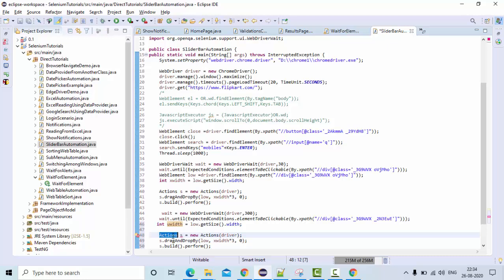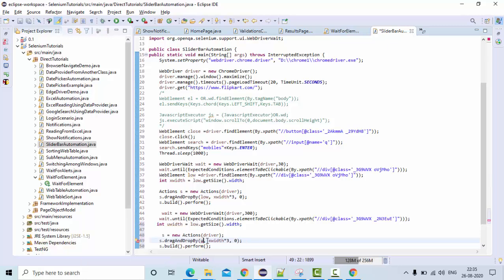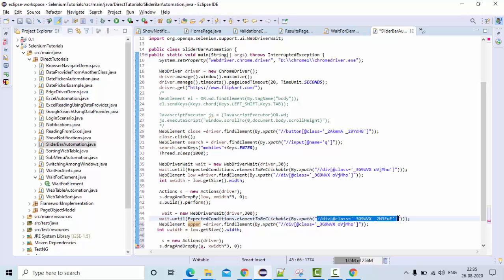I already have actions, so upper is my variable. Sorry, I need to give this variable also, right? Let me use upper, and this is my XPath.